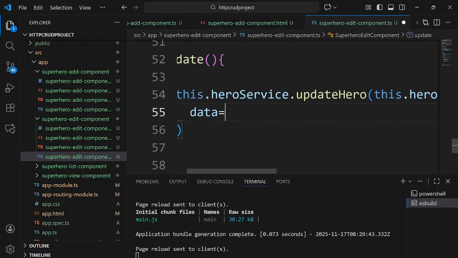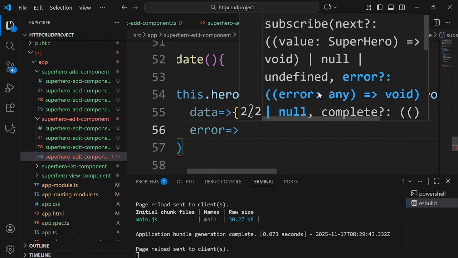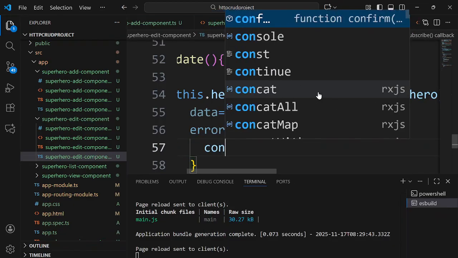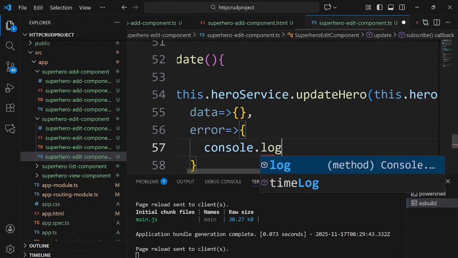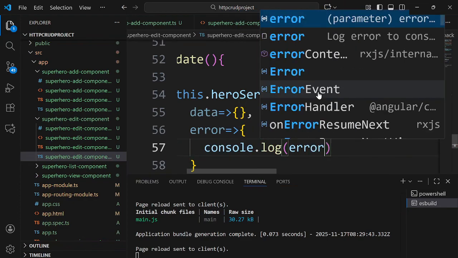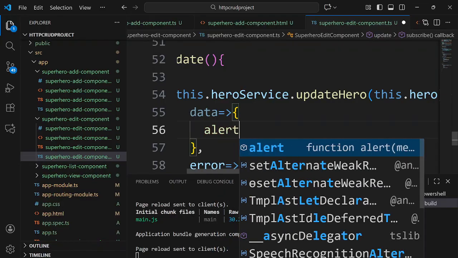We know that it takes the data or the error. So in case of data, we are simply going to tell that the data is updated. So sorry, console.log. They should print me error. In case of error, in case of data, it should tell me that the hero is updated and navigate back to the heroes. Okay, so let's print an alert,